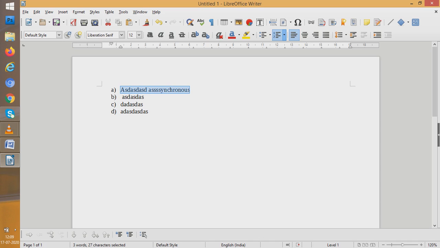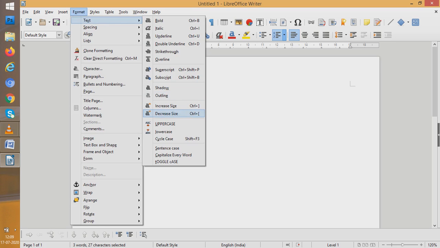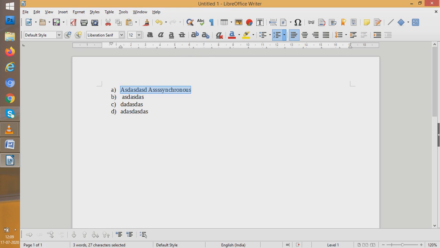Now if I again go and change the style of the text, that is the case of the text, we can go to many more things: sentence case, capitalize each word. Now each word's first letter would be capital. So options are there, six options are there. You have to learn those options and practice those things.